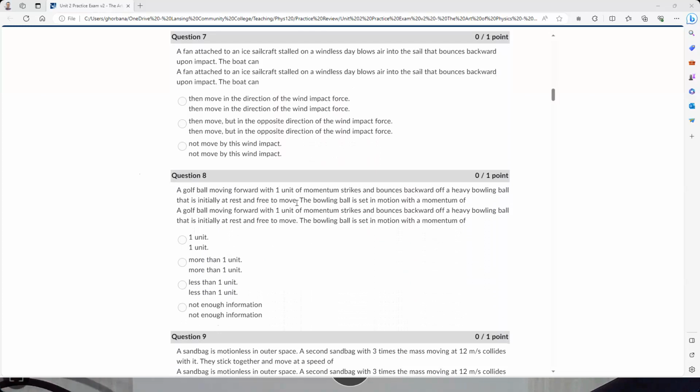The bowling ball is set in motion with the momentum of... I don't know. So again,